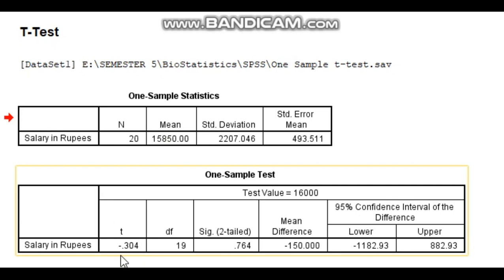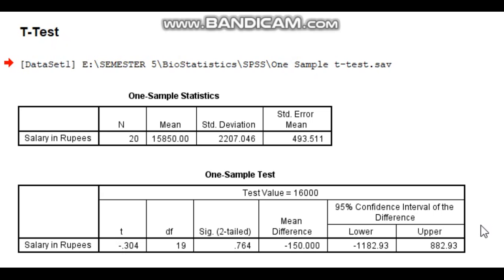Moving on to the second method, we look at the p-value, and most scientists and researchers set the threshold at 0.05. A p-value of 0.05 or less would mean that there is a significant difference between the two means, and a p-value of greater than 0.05 would mean that there is no difference between the two means. As you can see here, the p-value is equal to 0.764, which is obviously greater than 0.05, so we can say that there is no difference between the two means.